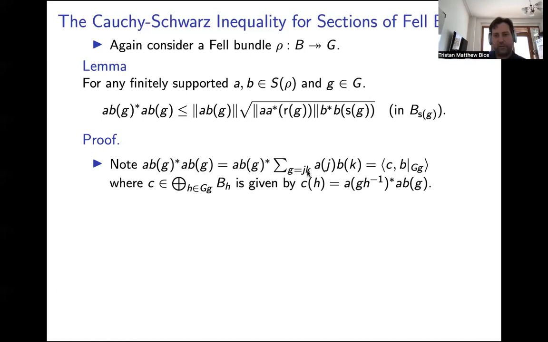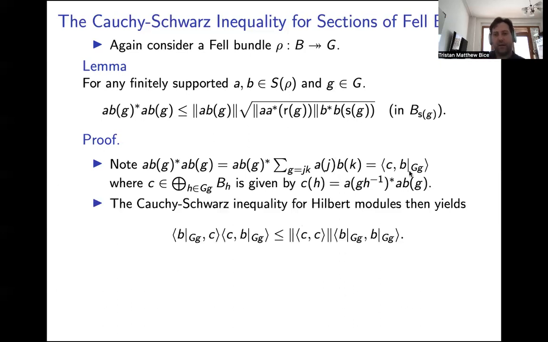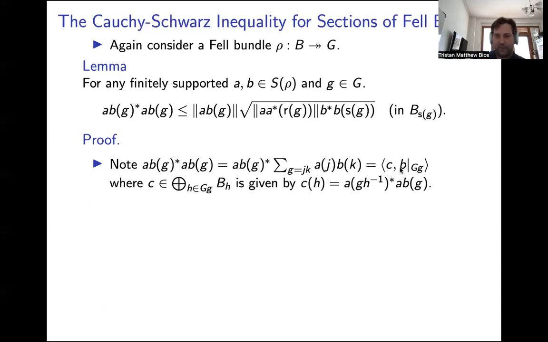And then you note that I can actually rewrite this as a kind of inner product, but where I put the dividing line, if you like, in between the AJ and the BK. Not between here as you might kind of expect, but I put it between here. Okay, and then it really is going to be an inner product where, on the one hand, you're looking at basically B, but only its restriction to groupoid elements that share a source with little g. And on the other hand, you're looking at C, where C is again an element of this infinite sum, if you like,